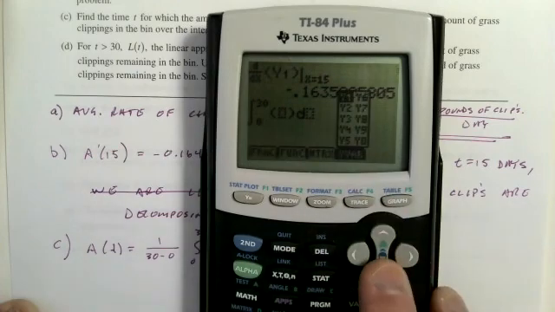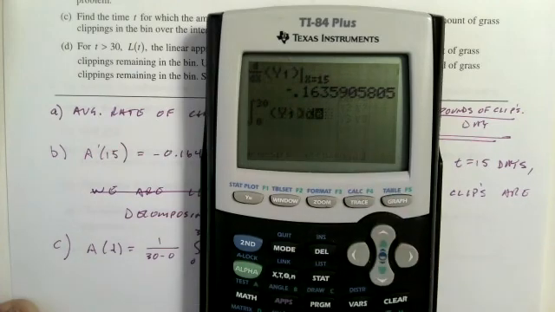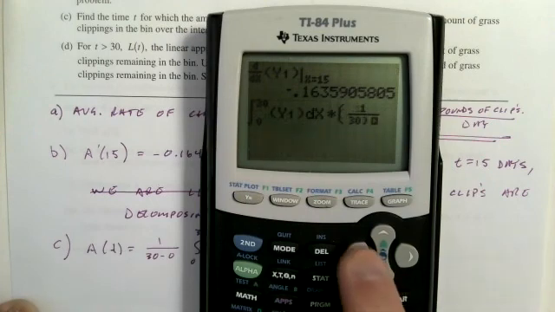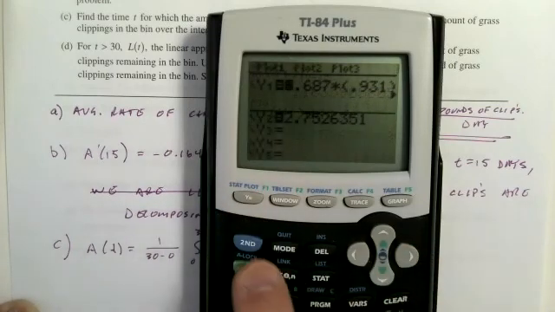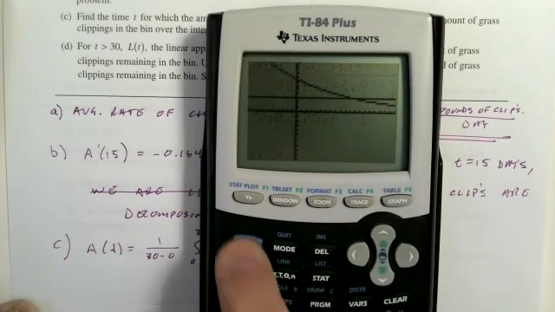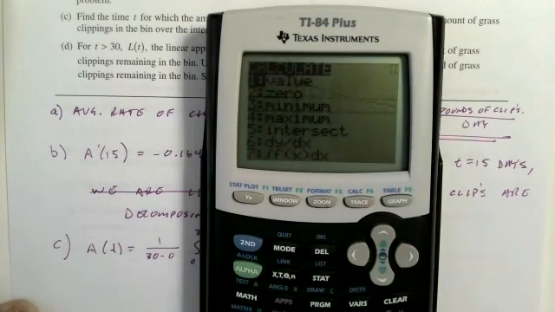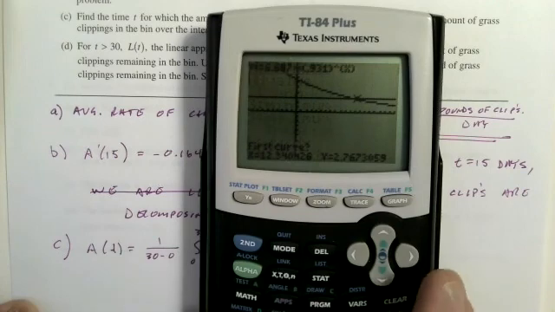Alpha y1 with respect to x times, should have done this first, 1 over 30. There's the 2.7526. Plug them both in, graphed them, second calc, intersect, found where they intersected. And gave me